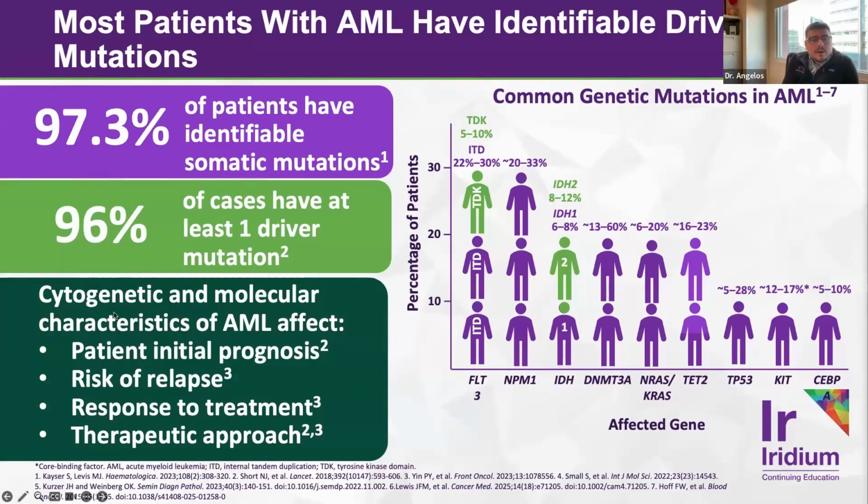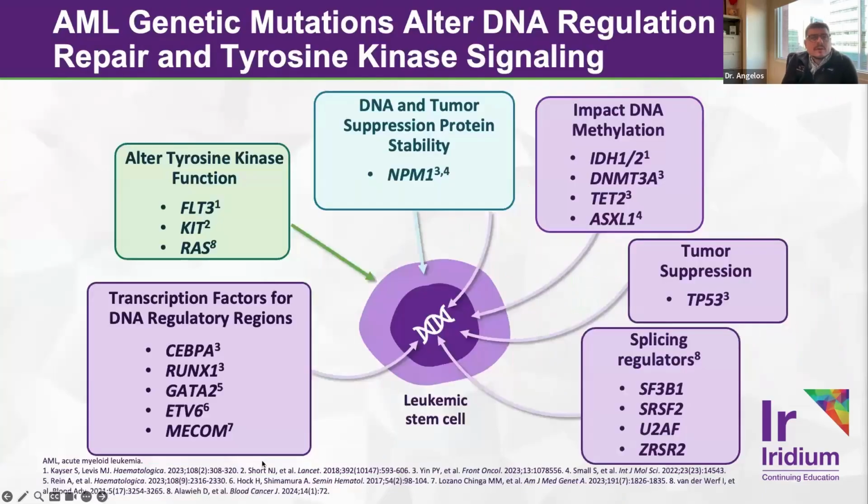The genetic profile of the AML is extremely important in the year 2025 because we really now use it as a metric to have a discussion about a patient's prognosis, their relative risk for relapse, their responses to chemotherapy treatment, and then also nowadays, what initial treatment we're going to offer the patient.